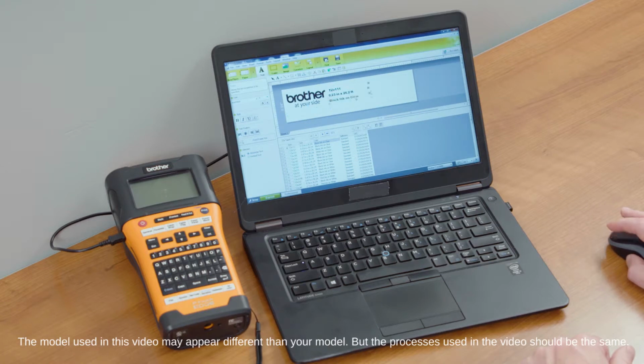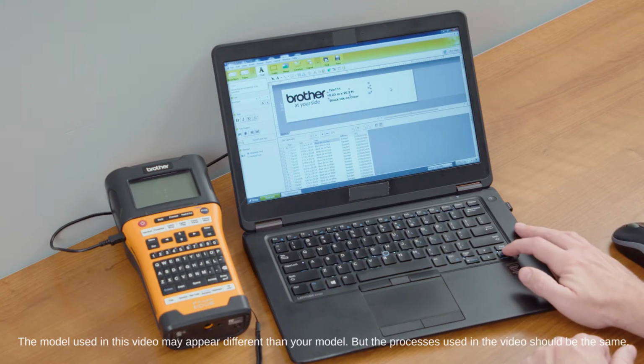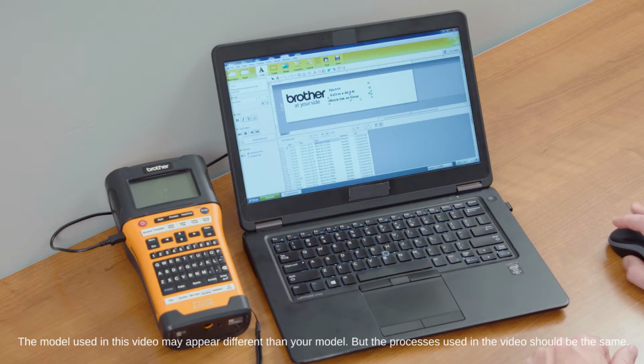But now we want to try something a little bit different. What we want to do is bring in the UPC as a barcode. So we'll do the same exact thing that we did with these pieces of information. We'll right-click on that, select Copy, and now in the label we'll select Paste, but instead of selecting text, we'll select Barcode. Now it brings in a QR code,